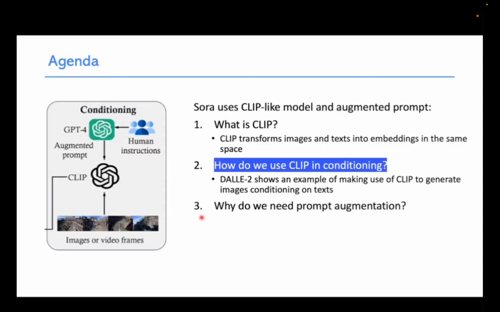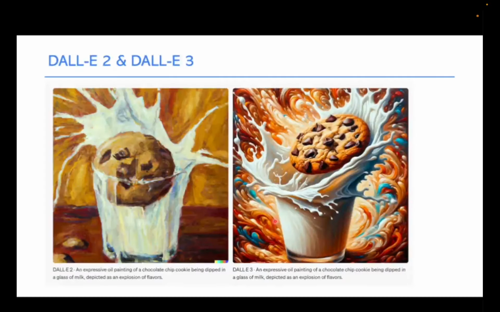The third question is, why do we need prompt augmentation? Here, you see the ChatGPT augmented the human instructions. Can we just ask the human to get the prompt and input it into the clip? Why do we need this? Talking about this, I have to introduce DALL-E 3. If you compare the performance of DALL-E 2 and DALL-E 3, you can see that the...